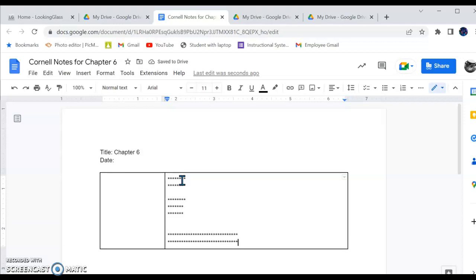And when you're finished taking your notes, you go back, you read through the notes, and you pick out main ideas that you want to reflect in the left-hand column. Sometimes those main ideas could be a question that's answered in the notes over on the right, or it could be more of a topic or a label, just like a key phrase. In any case, whatever you're putting over on the left,